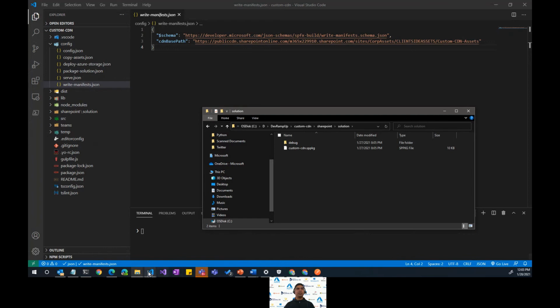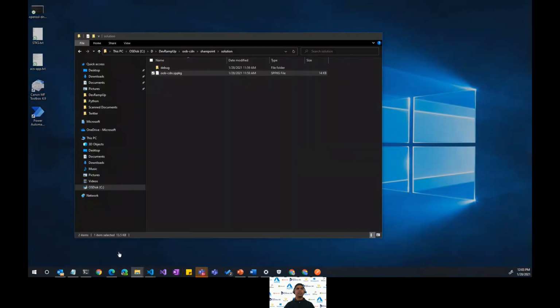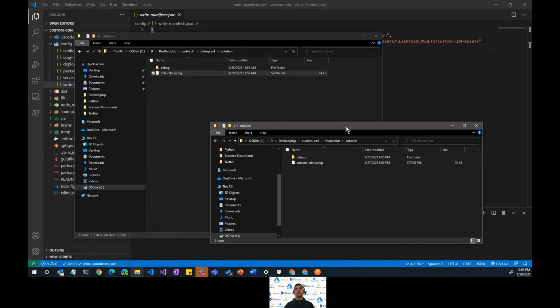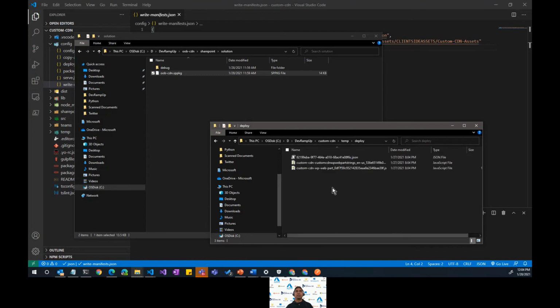From the get-go, you'll see the difference in the package size. The out-of-the-box CDN is 14 KB, whereas this one is just 10 KB. The reason is because we chose to not include the assets within the SPPKG, with that flag, include client-side assets, set to false. So all the client-side assets are somewhere else. Where are they located? They're actually located in the temp folder, in the deploy folder. These are the assets.